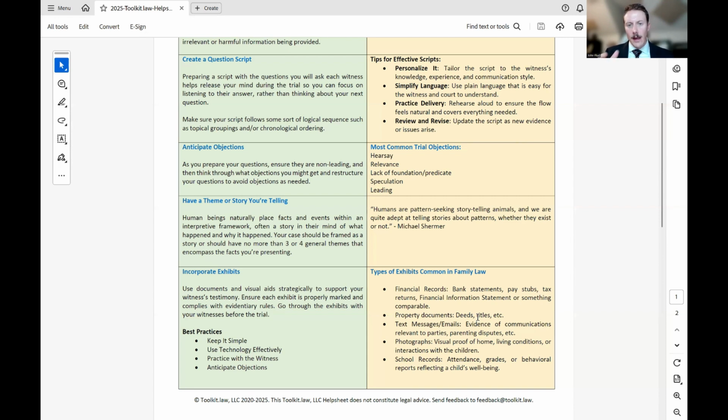And so what I did with my client and for the judge was create four themes that arose from the facts that we pushed home throughout the examinations. And that was alienation, violence, drug use, and instability. I prepared my client such that she understood that those were our themes and would use those words throughout the course of her direct examination. And so that's what you should do. You should be doing something like that in your